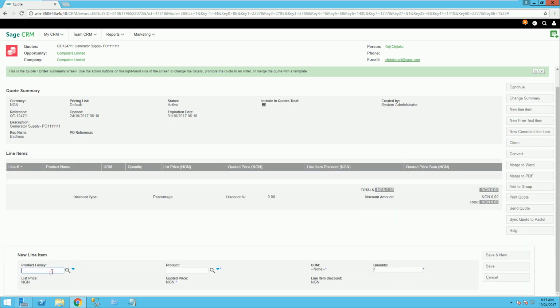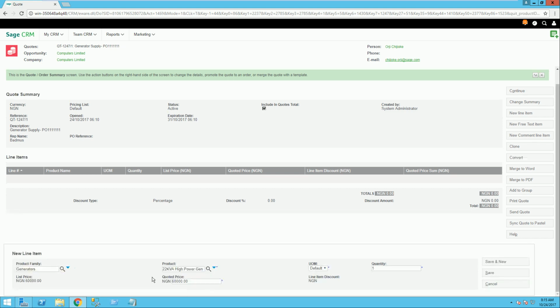Come down here, the product family I'm generating from is generators, and then the product is a 22 kVA high power generator. You can see that's the price from the system. And then here I can do a 2, then I can do a save,